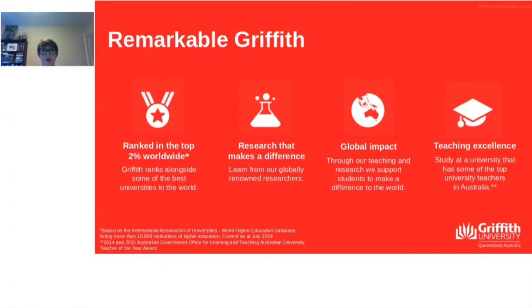So Griffith is a university that is ranked globally. It is a very well-known university. It is currently ranked in the top 2% of all universities worldwide. And that's a pretty big achievement for any university, but particularly for a university that is so young. Griffith was only really founded in the 1970s, but already, we've grown quite a reputation in terms of research